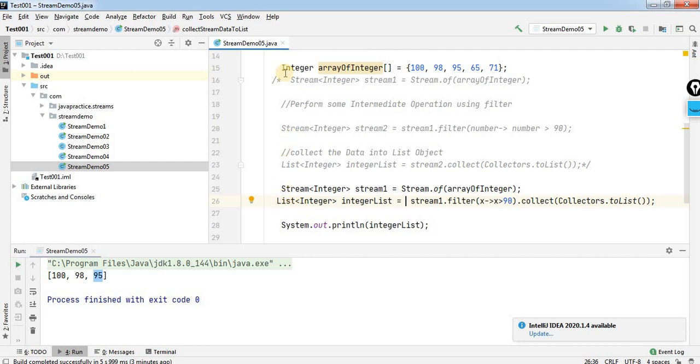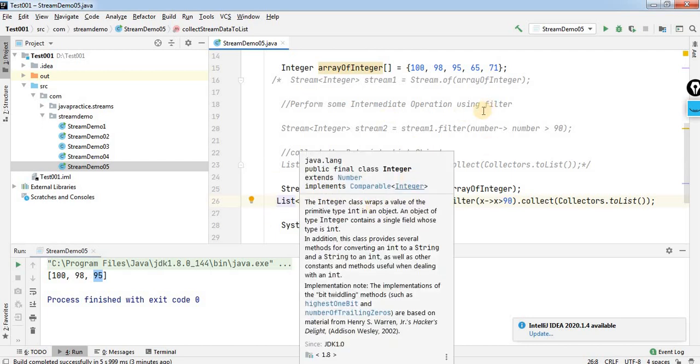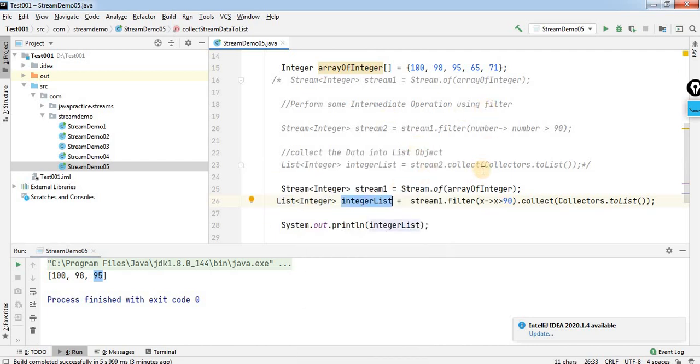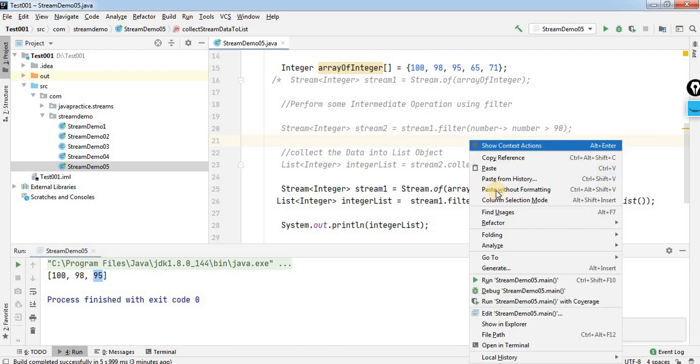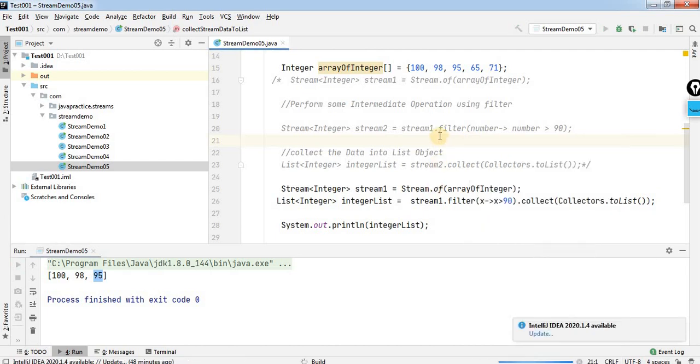Now these whole lines of code, from line number 20 we need not write, line number 23 we need not write. All these things will be combined into one single line, and you are going to print the integer list. Let us see whether our output is going to work in the same way or not. So let me run this program.